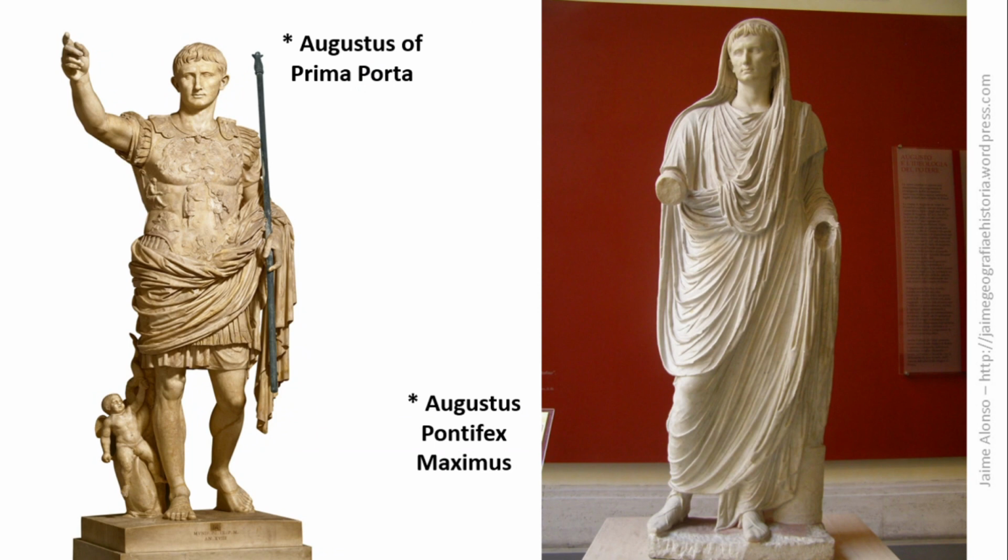There are two basic examples of Augustus: Augustus Prima Porta with military clothing, and Augustus Pontifex Maximus, that is as a main priest. These are examples of idealized representation in Roman sculpture. One of the most important characteristics is the armor that Augustus is wearing. If you can remember Greek sculpture, they use the same idea of feet separated, one before the other,